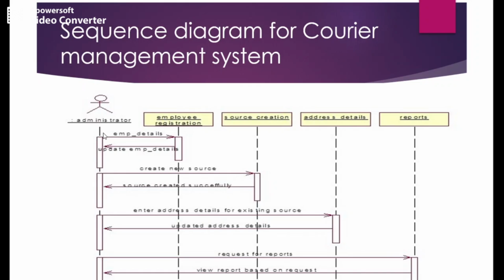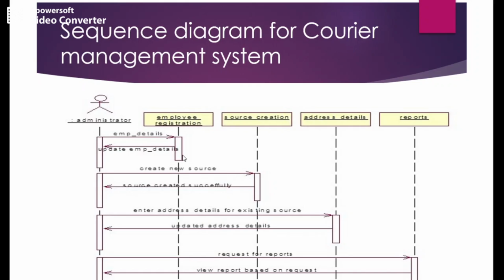Okay, so administrator first will send the employee details. So this is employee registration. Employee details will be sent. Then you can update the employee details.